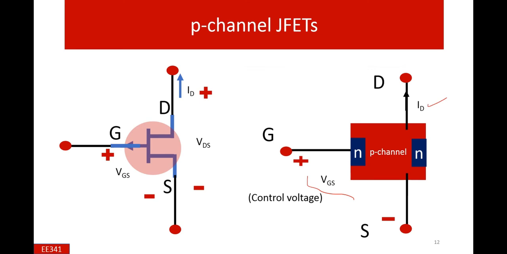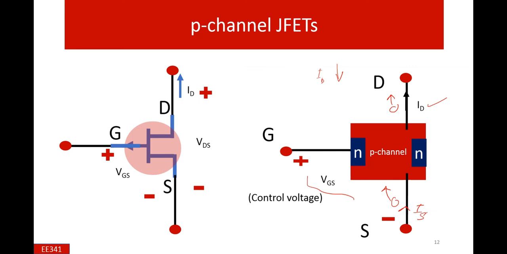This is the conventional current. For N carriers, conventional current is downward, whereas in this case it is from source to drain, because here for P channel JFETs, the only carriers contributing toward IS or ID are the holes. So holes are moving from source toward the drain. So one type of carrier is moving. So this is a unipolar device.